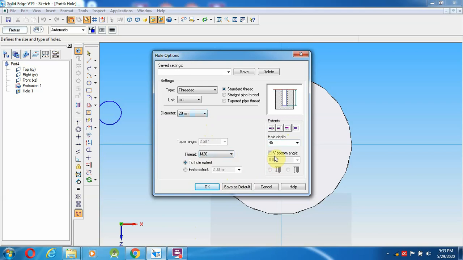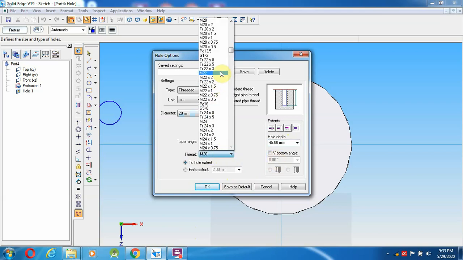And here the thread size is given as square, so that is TR 20 into 5 they have given. In this one you have to check TR 20 into 5.